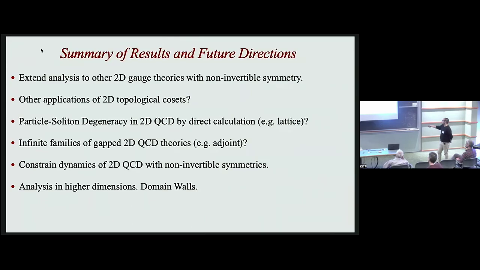Like, I don't know much about supersymmetric gauge theories in 4 dimensions. So it will be interesting if there is some relation between tensions in domain walls from non-invertible symmetry in 4D, I don't know. Basically, how all this story generalizes to higher dimensions. If there is something to say about monopoles, I don't know.